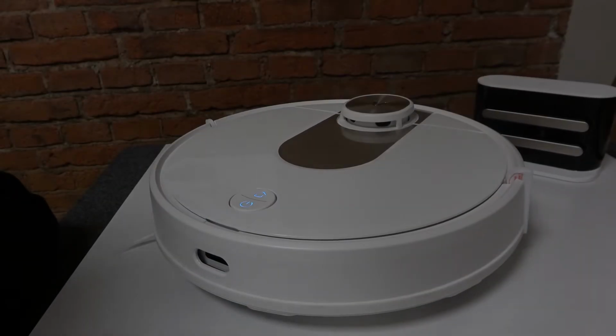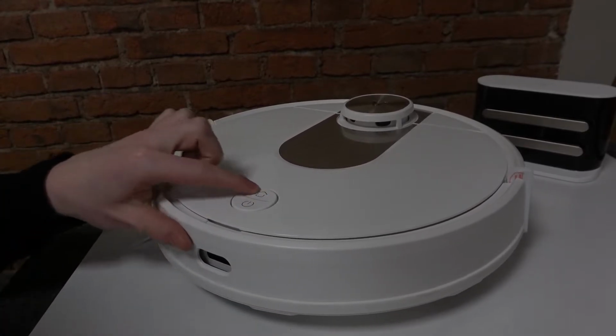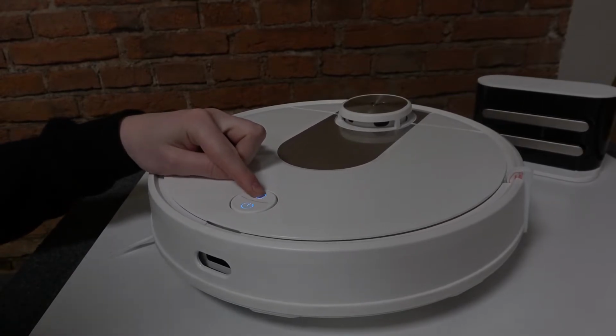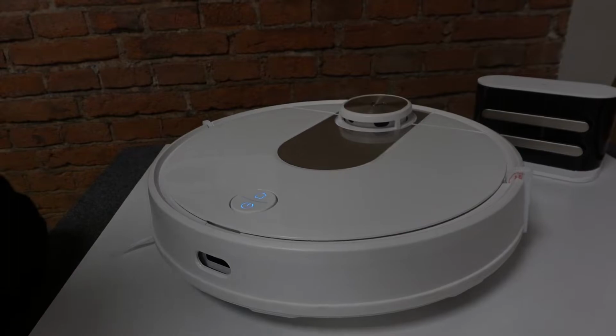Hello, in this video I'm gonna show you how to perform a hard reset and restore your Viomi SE to factory settings. In order to do that, you will need to press the button right here, the home button, and hold it until you hear the sound that the Viomi will reset the factory settings, and after that press it again, and you will need to wait till the device reaches the